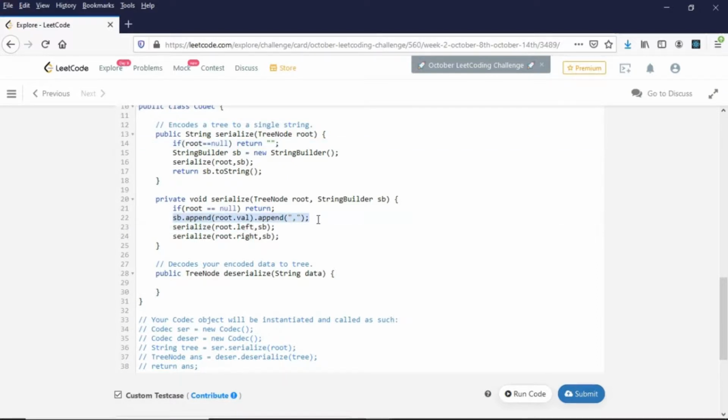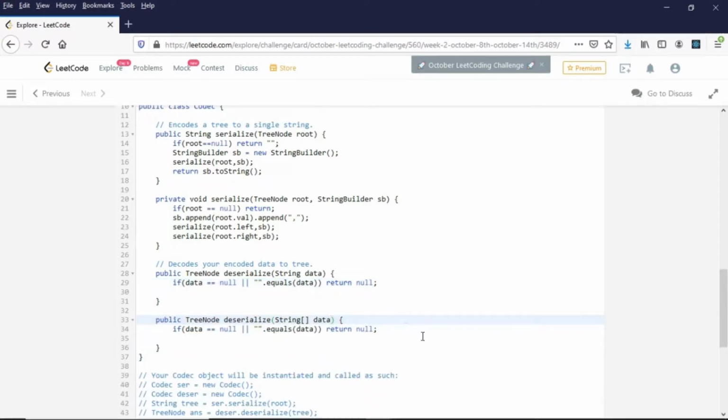So in pre-order, first we will take care of the current node and then the left and then right. Left and right we have to take care of in a recursive manner, and the base condition is if the root is null, that is the node is null, then in that case we have to return, we do not have to append the value. Once this is done, for deserialize I can have the base condition that if data equals null, or if it is empty, even in that case I can return null.